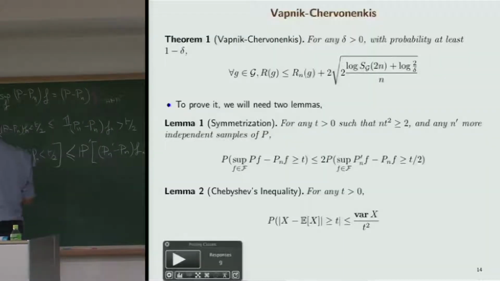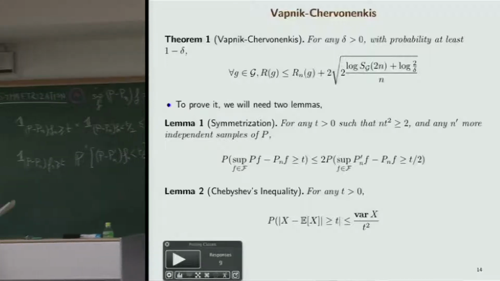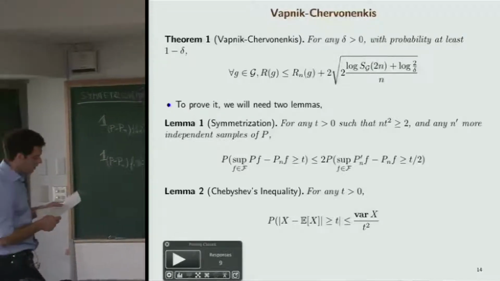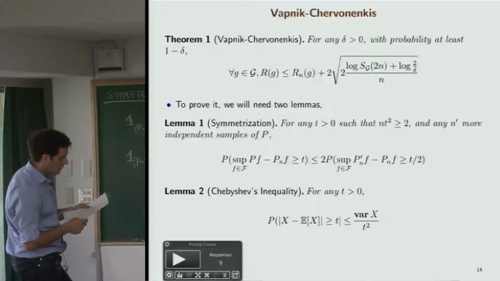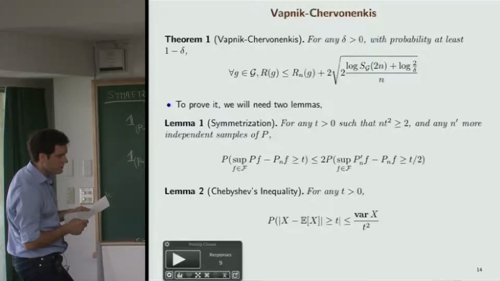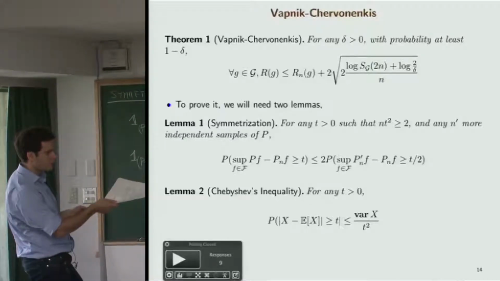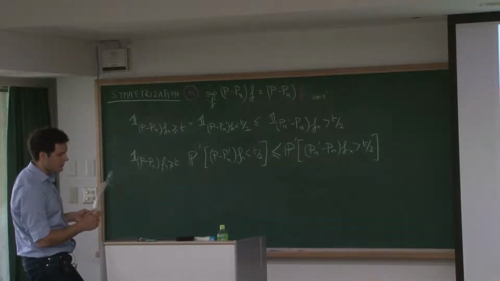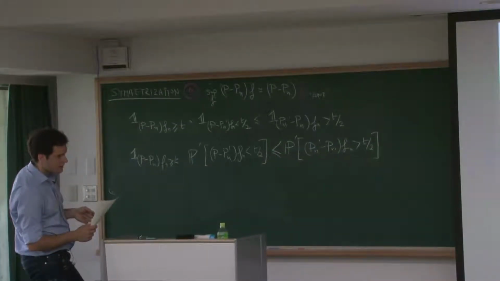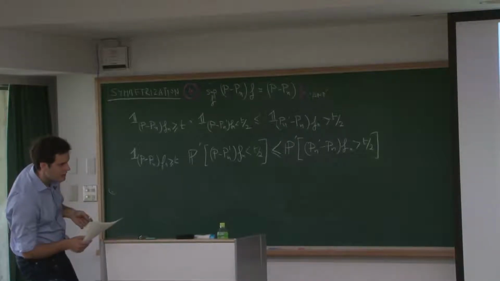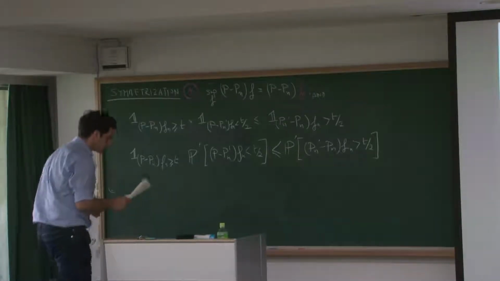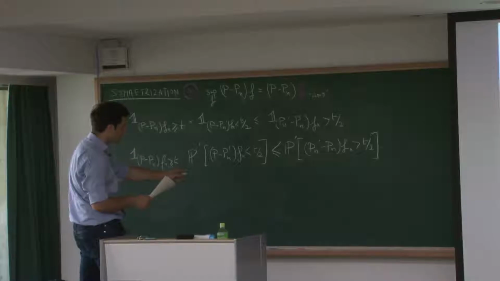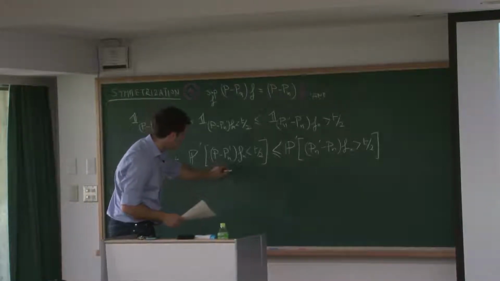I'm sorry, I'm not sure I gave you the good version of this. This is Chebyshev's inequality with absolute values, but the one without absolute values is slightly different. I will update this in my slide. Sorry. Then what you can show is that this is itself smaller